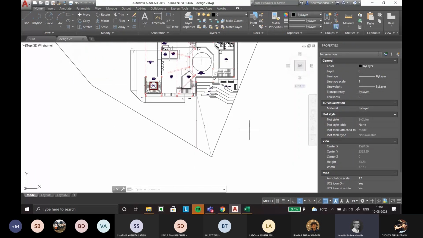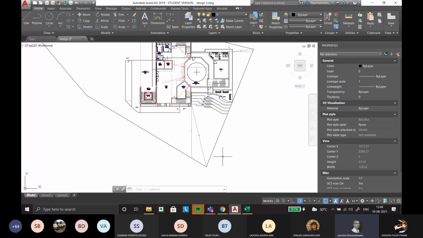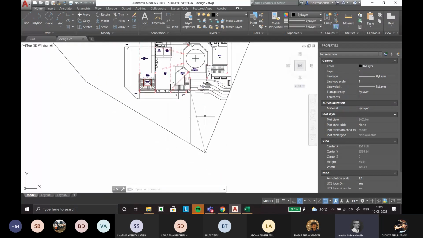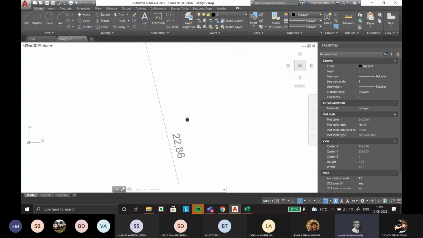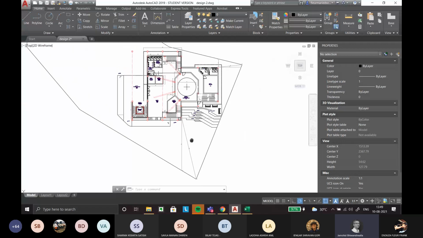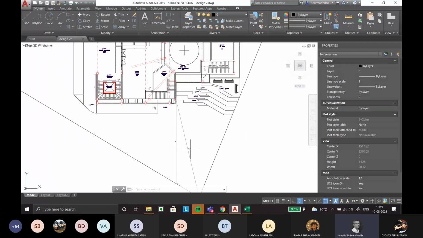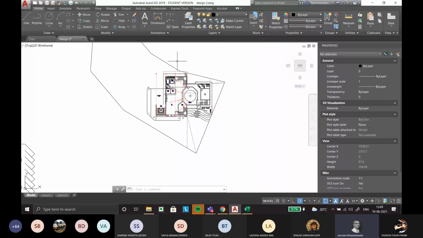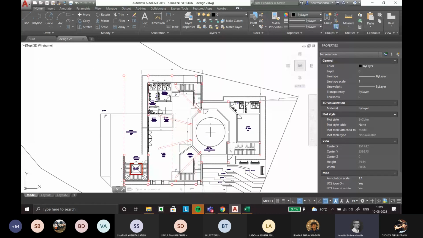I was choosing a corner, so I was wondering. No, don't use it because that corner is very far. What is the distance of that corner from that column? 22 meter. That's larger than a tape, so you're bound to get some error. So take this corner, the corner of the staircase block. Any of these that are coming so close to the boundary, take any of the columns that is close to the boundary.